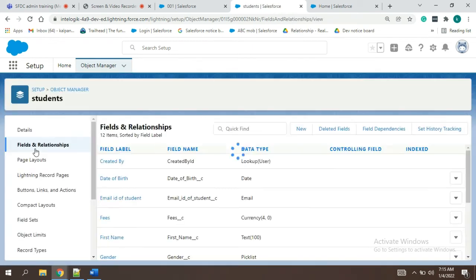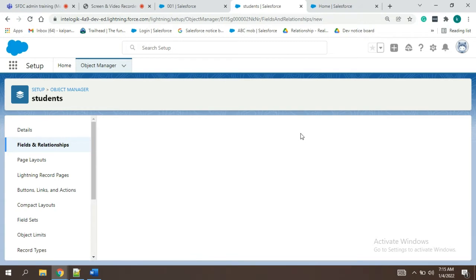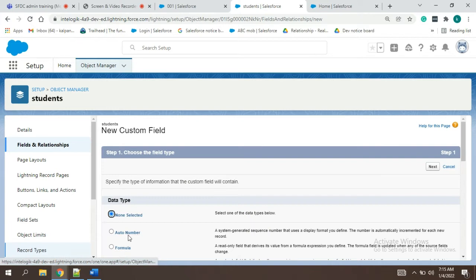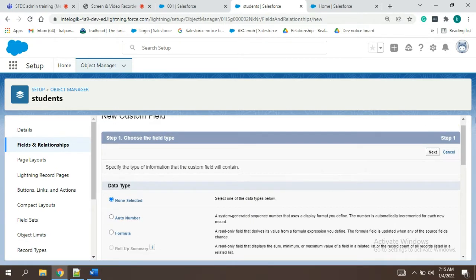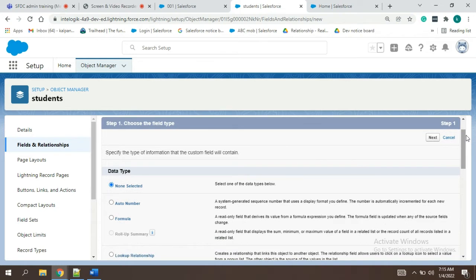So we'll create one field. We want to show a message, no? That is a text field.